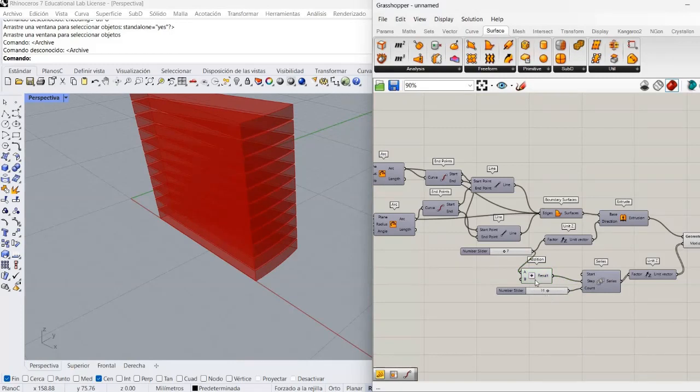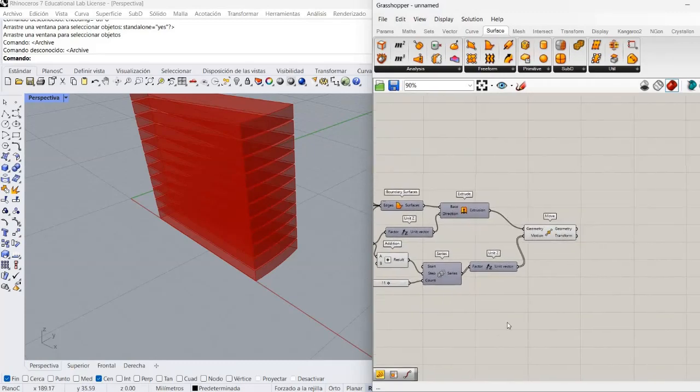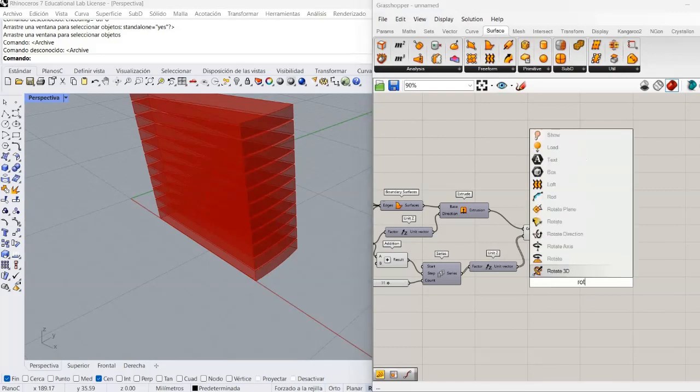So there's always going to be a distance of 1 on each step. It's going to be adding one unit to each step. The next thing that we're going to do is spin those steps, okay? And how are we going to do it? We have a rotate node,